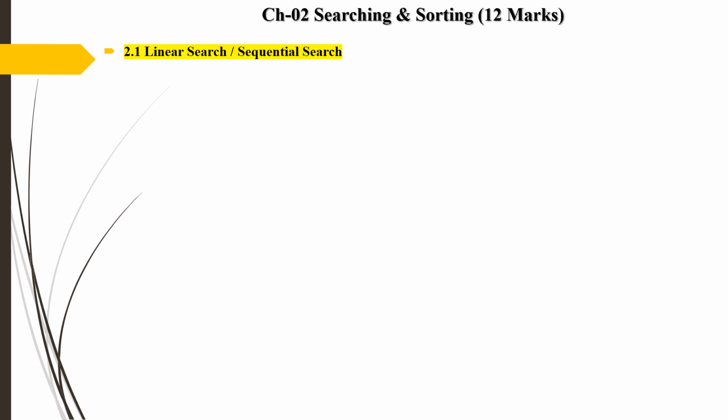Then we see the first method of searching, that is linear search. It is also called sequential search. So let us see. In linear search, the search element is compared with each element from the list in a sequence. So the concept is one list is given and one search key is given. We want to find the search key in the list. So to perform the linear search, the key element is compared with each element from the starting element to the ending element.